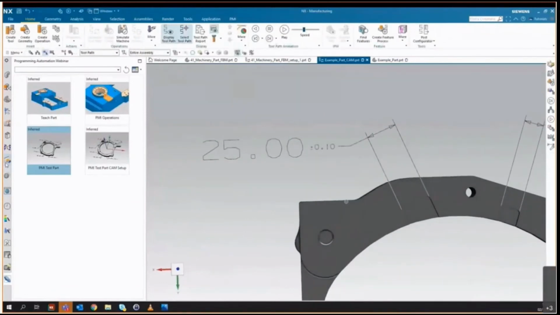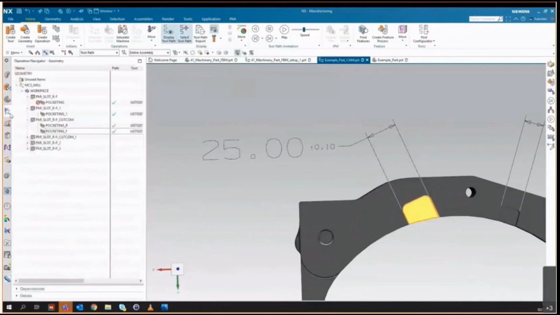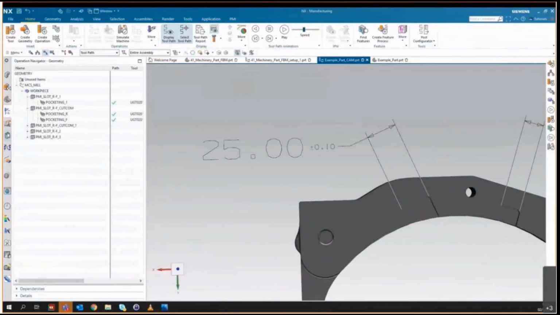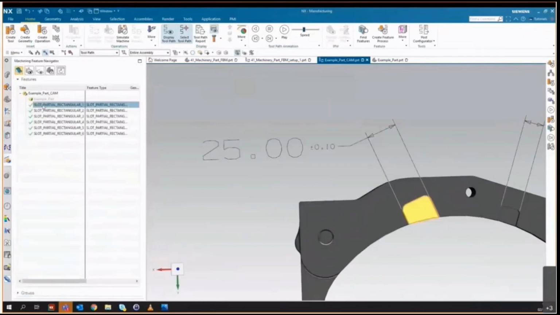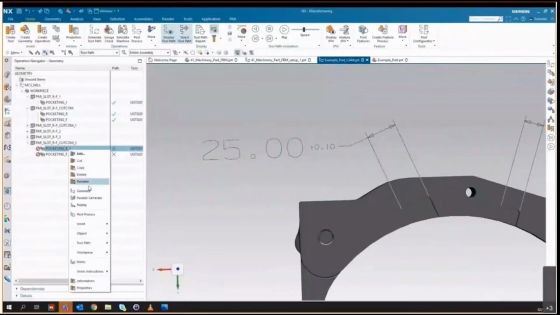So again, we have to approve the changes, and then we will delete out the now out of date operation, and we will create a new feature process on that feature. And that's it. Fantastic. We've now created that rough and finish operation.